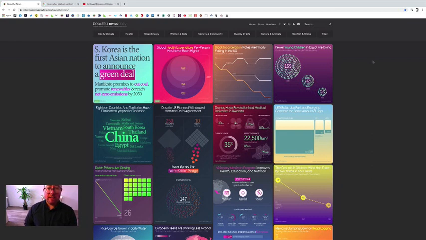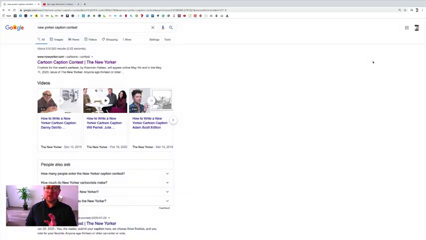One of the other most significant tools for communication is, of course, the caption associated with a visual image. So if you just Google New Yorker caption contest, you can work with young people around creating captions. There are also, as you can see on the screen here, a number of videos that have been produced by actors about the concept of creating a caption.